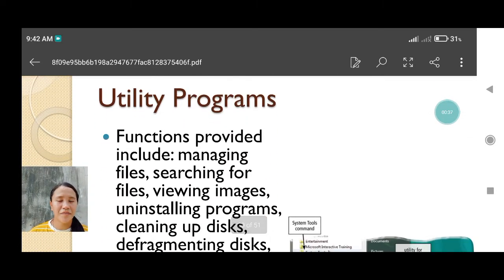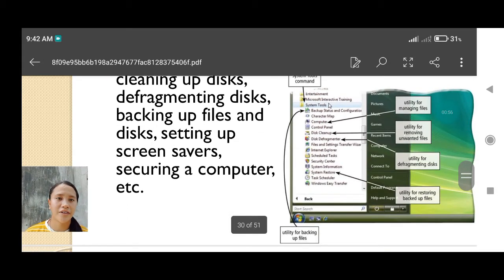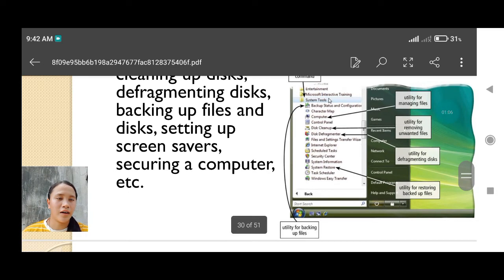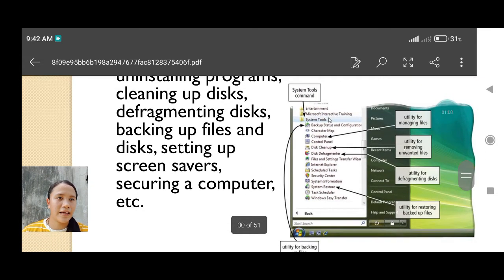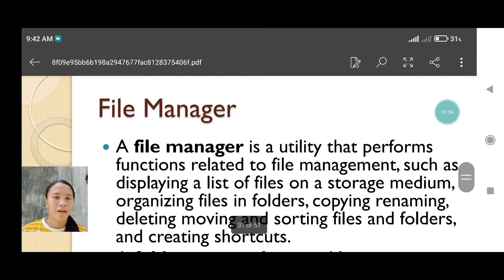Utility program functions include managing files, searching for files, viewing images, uninstalling programs, cleaning up disks, defragmenting disks, backing up files and disks, setting up screensavers, securing a computer, etc. We can also see here on my end, in our right corner, that's our example. Next,